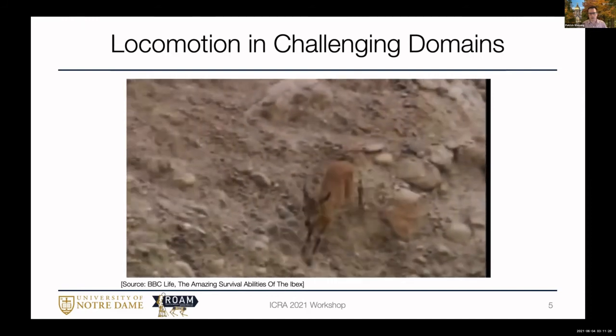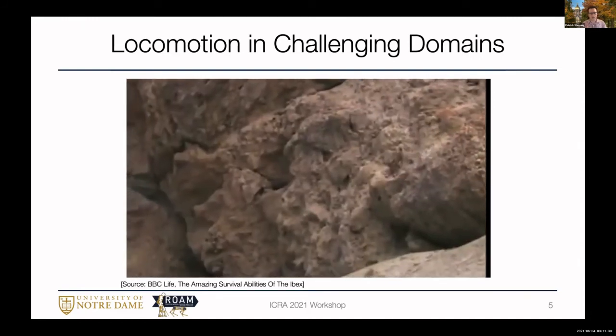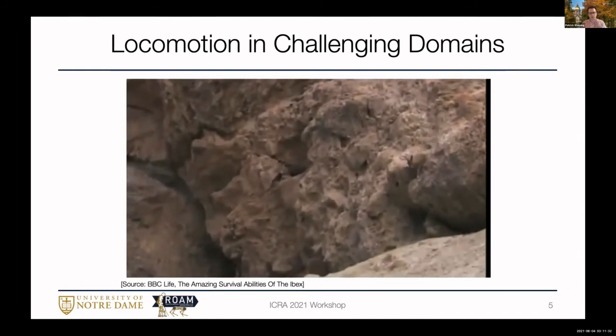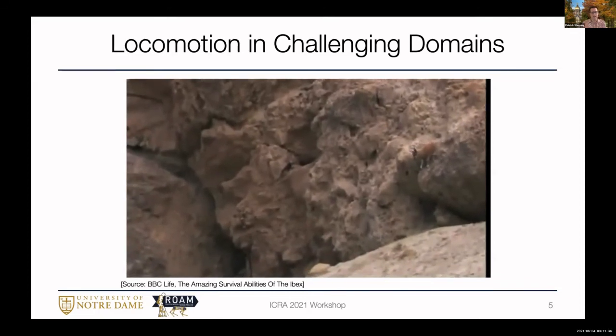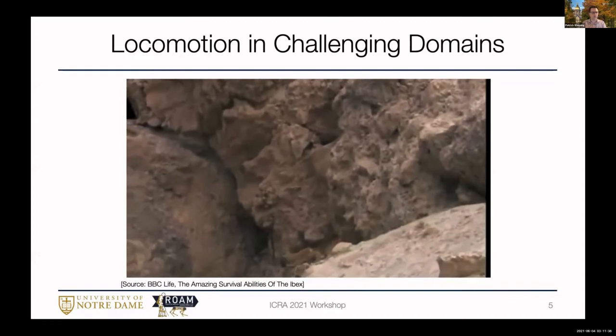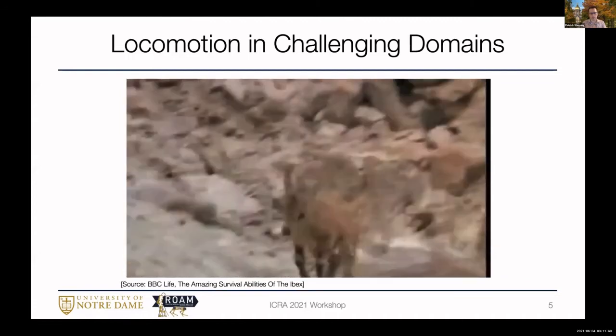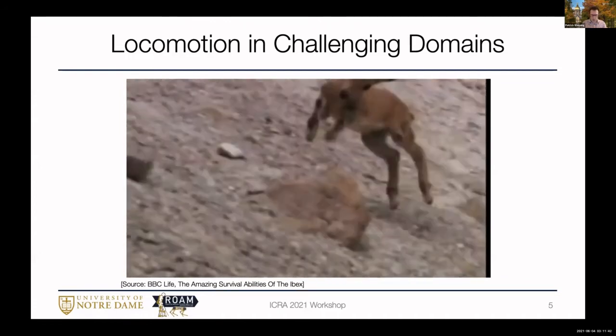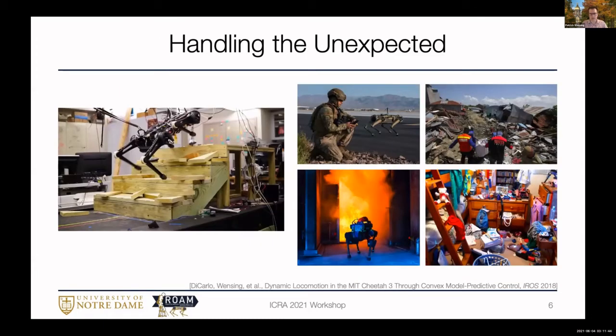So, here for this baby ibex, the dynamics of its muscles and tendons and ligaments are providing some passive dynamics that help to make its motion efficient, but there's definitely a cognitive aspect in terms of planning its motions. So, as we look to send our robots into these types of situations, I'd like us to think both about the design side, the control side, and really how these two come together to make our system perform at its